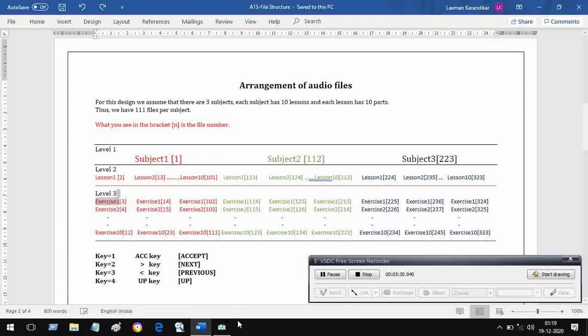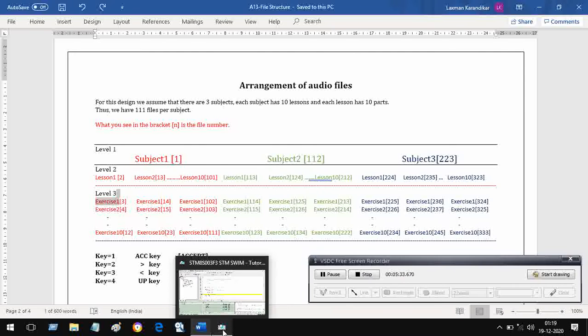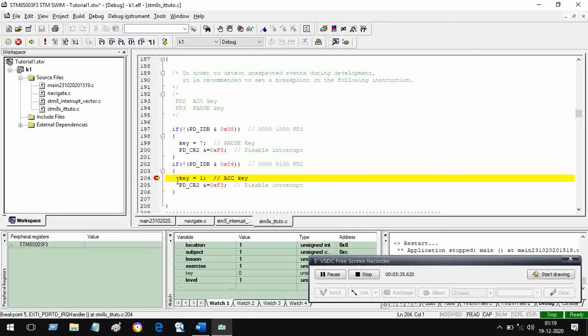Right? So what we have done is, by pressing the key, it has stopped here because it is a breakpoint, and the action will happen only when we run it. So I run it and then I will stop so that you will know what has changed.